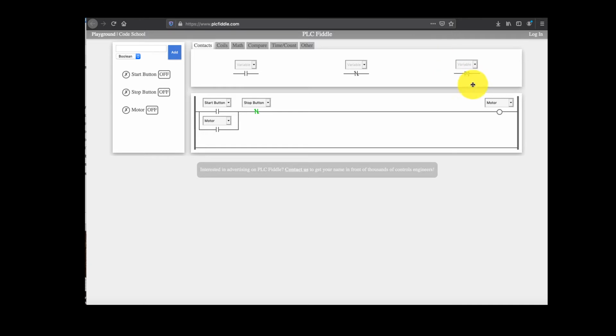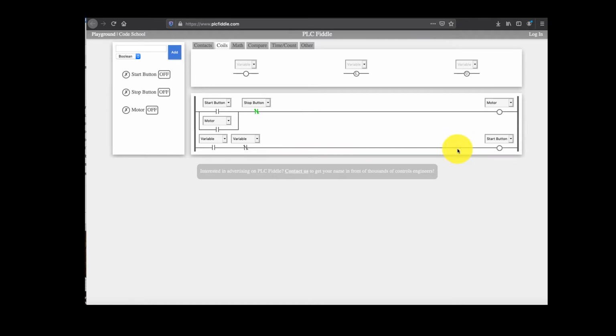in your program. Here is your program and the rungs, the ladder rungs of your program. Now again, ladder logic programs scan from left to right and from top to bottom as fast as the PLC can scan. So let's look through here. Under contacts, we have contacts, and I can grab one of these and drag it down and put it in place, like so. Under coils, we have coils, and I can grab one of these and bring it down and